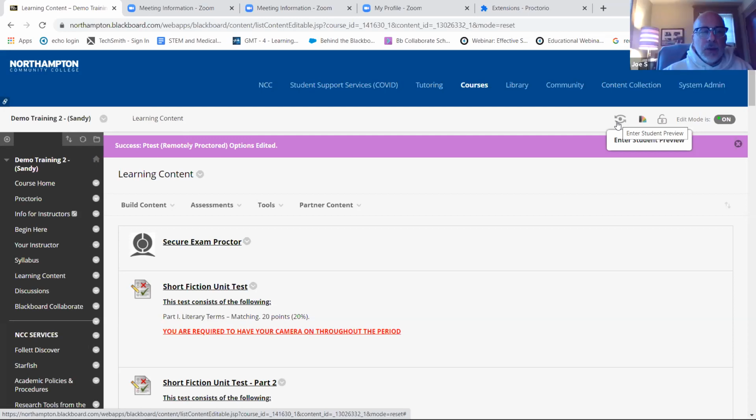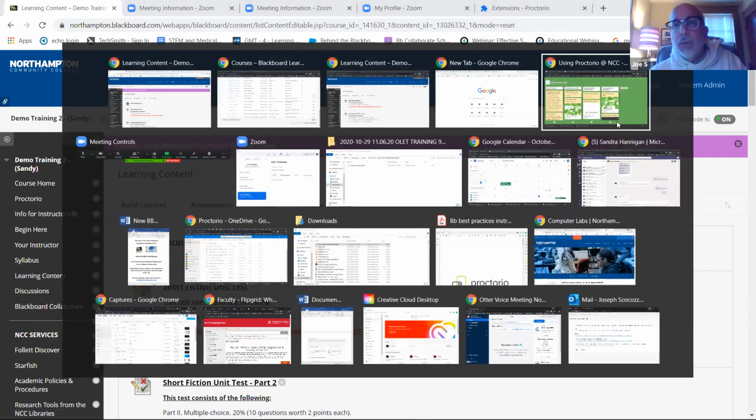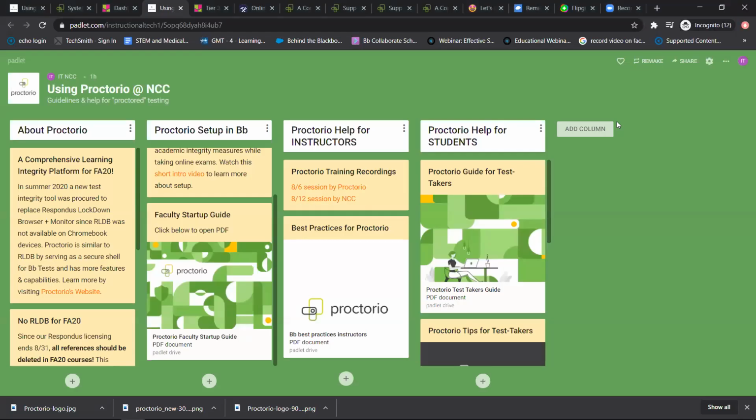Now, Chris Flynn, who is the real guru at NCC regarding Proctorio, will be with us tonight. And he promises he might show a way to do that because he has a dual OS type of situation where he uses a Mac and he can have Windows running in the Mac and he can actually do it on the Windows side and it can work for him, and we can see it during a live session. But what we're working on is actually a little video of that entire student process that we're going to try to create very soon. And when it is ready, I will throw it in here to this Proctorio Padlet for everybody.